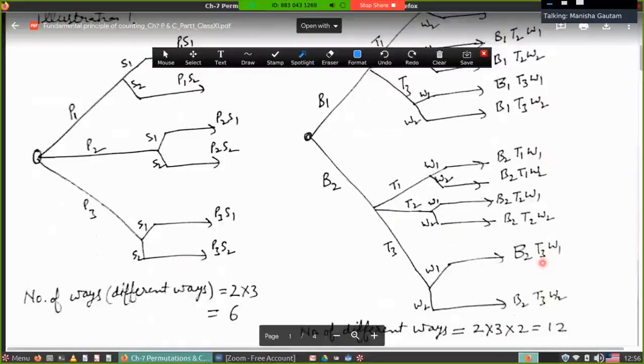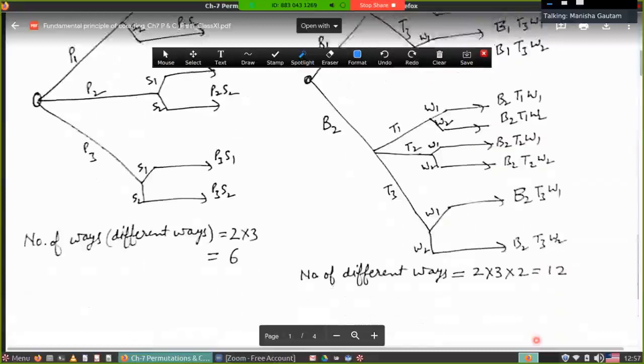It means combinations can be calculated by using the tree diagram as well as by using the objects given to you. How many objects are given to you? Multiply them, you are getting 12. This way, which I have used here to multiply 3 by 2, is known as the fundamental rule of counting. By using counting, you can calculate the number of combinations or the number of arrangements of the given objects. This is the fundamental basis of the permutation concept.